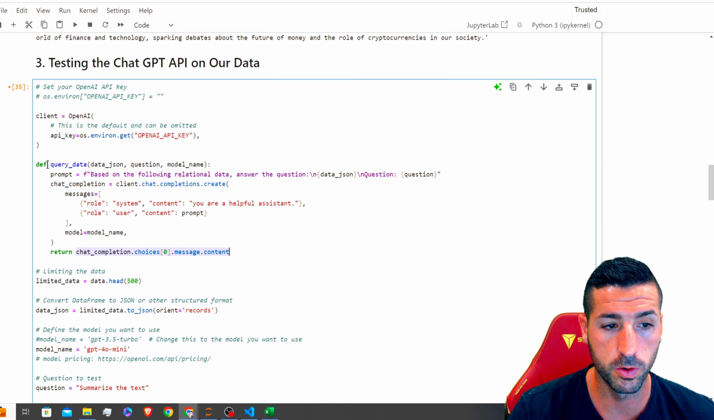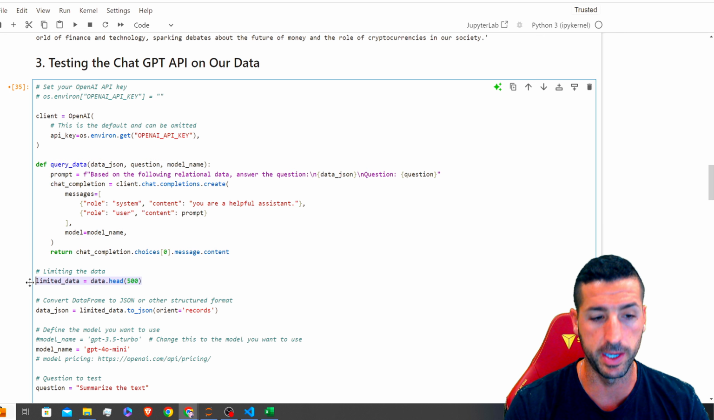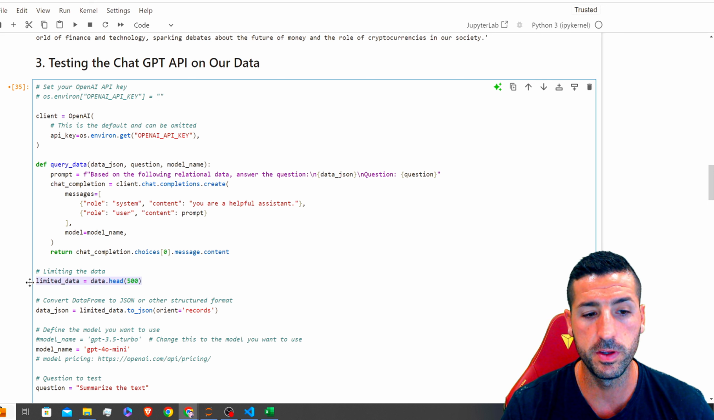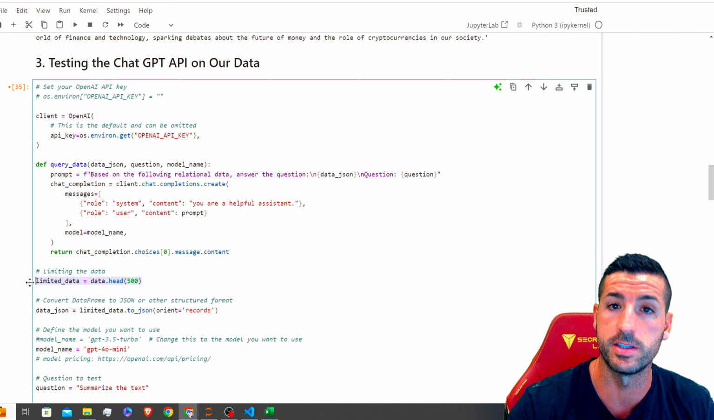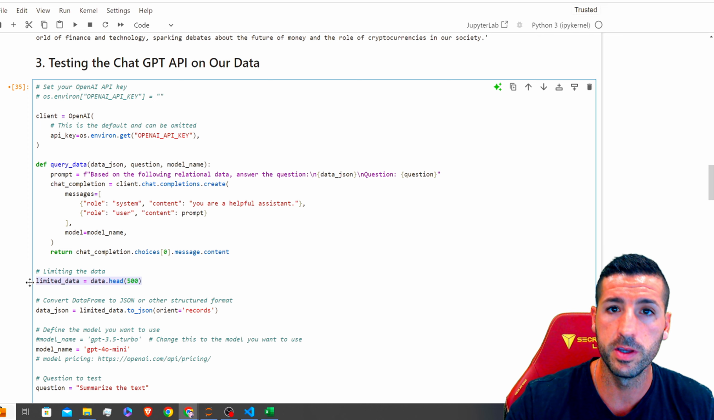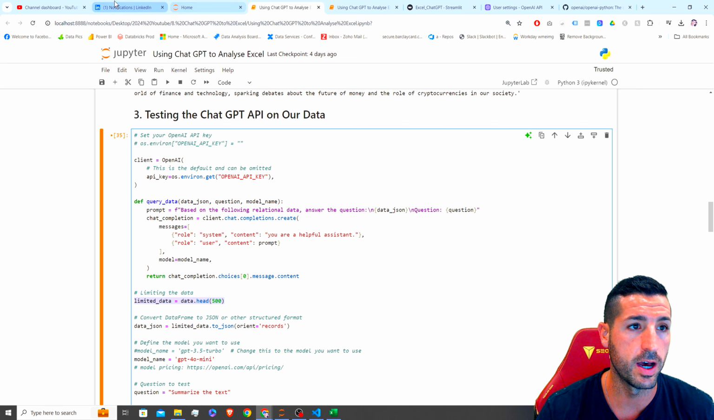So in order to call our function now, the first thing I'm doing is that I'm limiting my data. The reason I'm limiting my data is because a lot of these LLMs have actually a limit on the tokens you can send to them. So if you send them way too much data, the model is not going to work. You're going to reach the limit and you're going to get an error. And this is also the reason we have all these